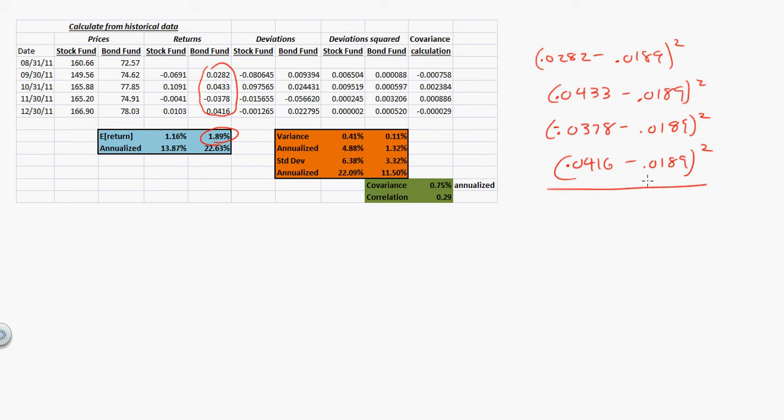Sum this up. That's the sum of the squared deviations. You have the deviations, you square them, you add them up. It's the sum of the squared deviations. So sum of squared deviations divided by n minus 1 is equal to the variance of the bond fund, which is equal to this number right here, 0.0011. Take the square root, and the standard deviation is equal to the square root, which is